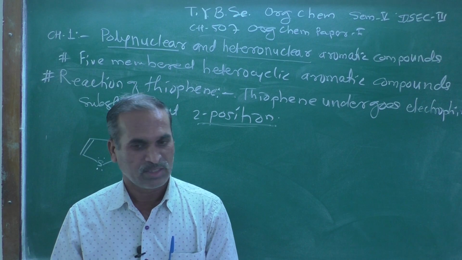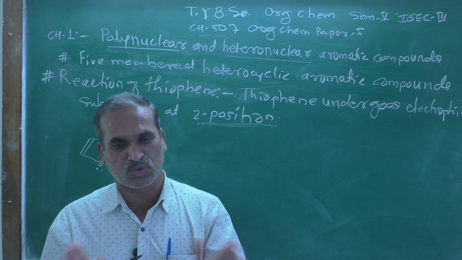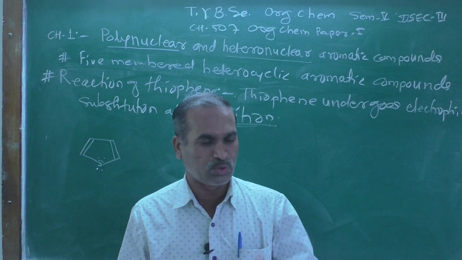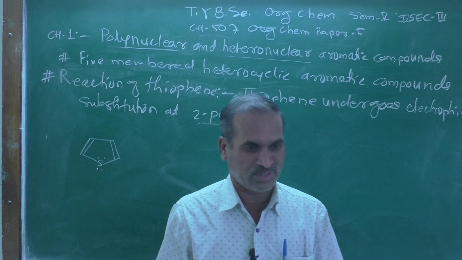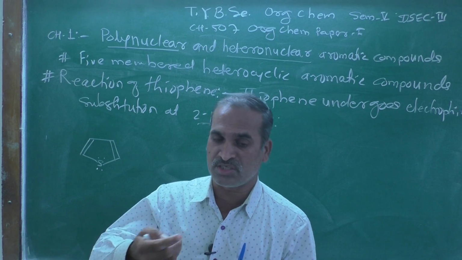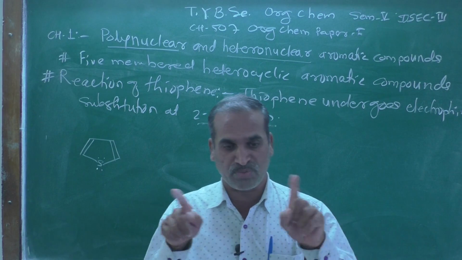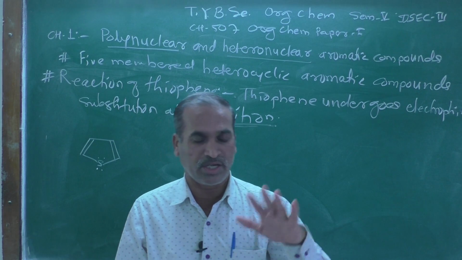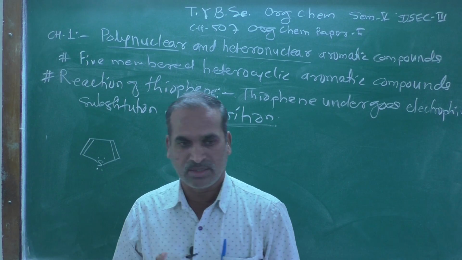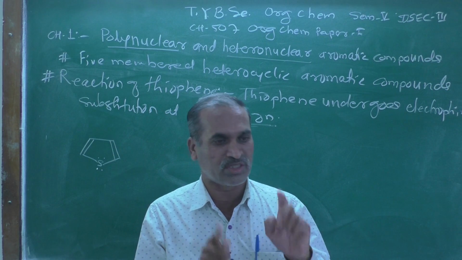The reason behind it: among the oxygen atom in furan and the sulfur atom, the oxygen atom is more electronegative than the sulfur, and due to this tendency it holds the electrons tightly. Sulfur is a bigger atom, and its electronegativity is less as compared to oxygen, and due to this the valence electrons are